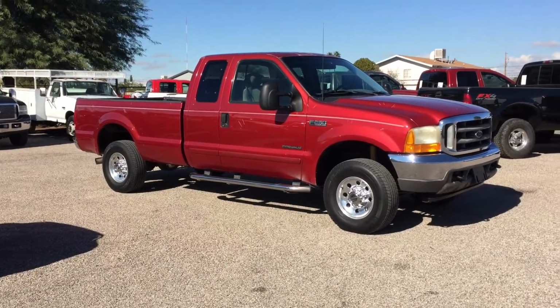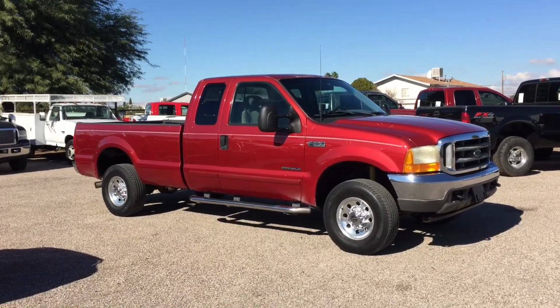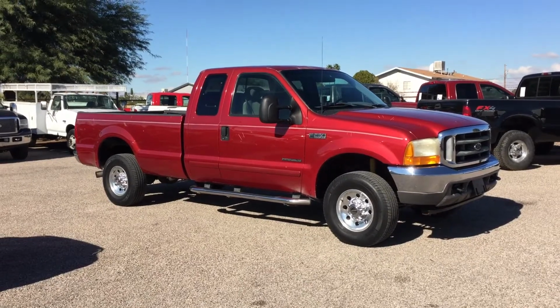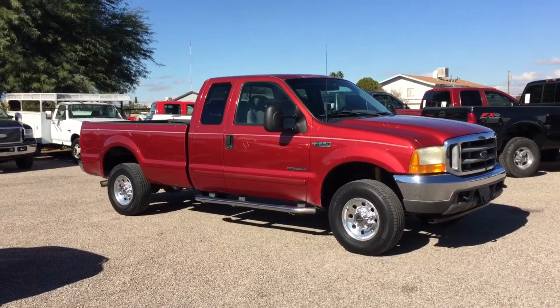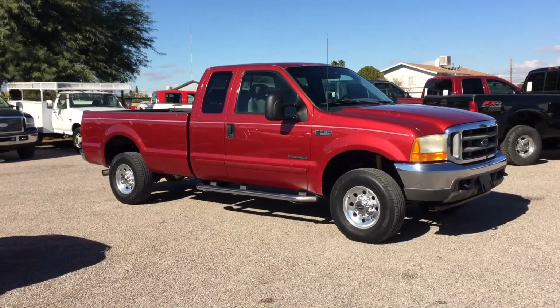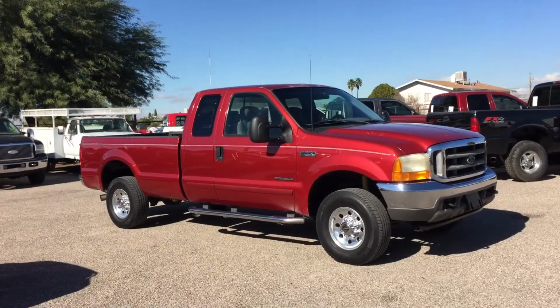We're selling this truck. It is a 2001 Ford F-250 four-door super cab, long bed. It's a 7.3 turbo diesel. It's four-wheel drive. It's an XLT, which is cloth. It has 202,049 miles. It was a dealer trade into Lolly Honda here in Arizona, basically Sierra Vista, Arizona, a couple miles